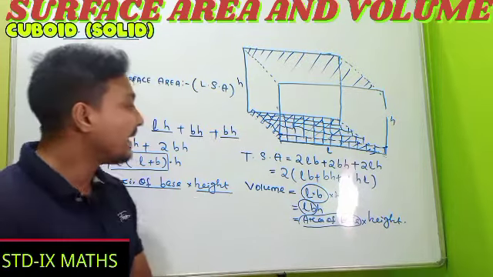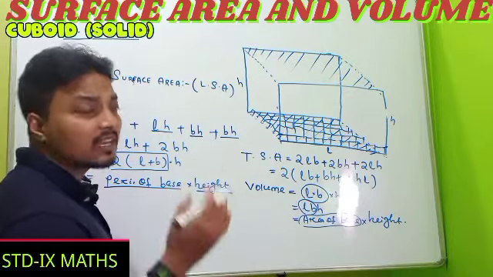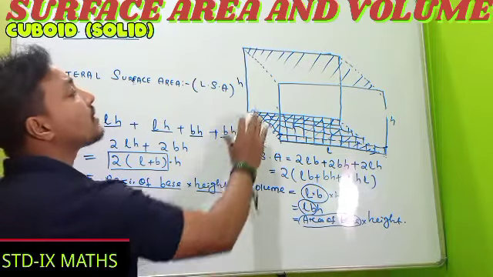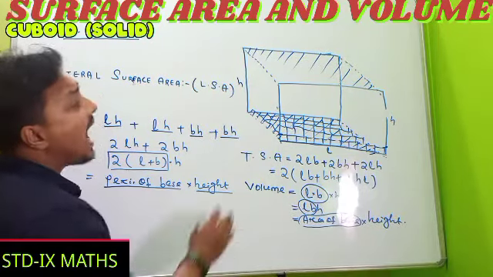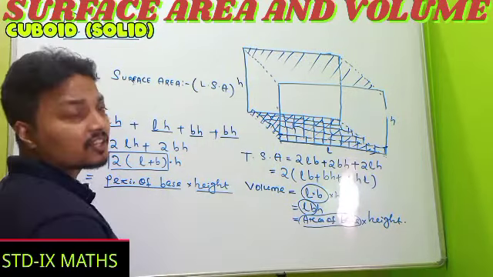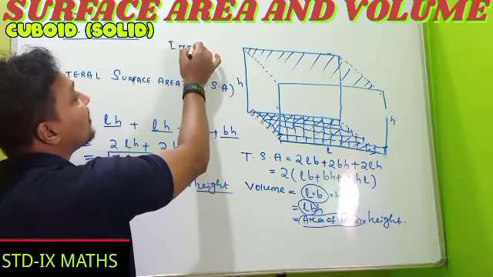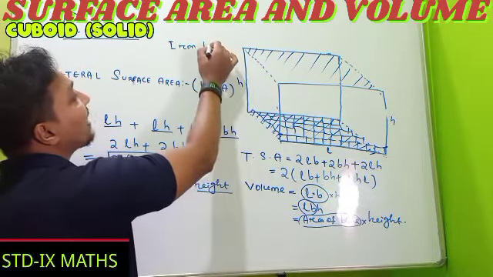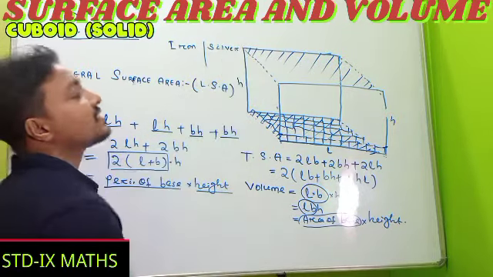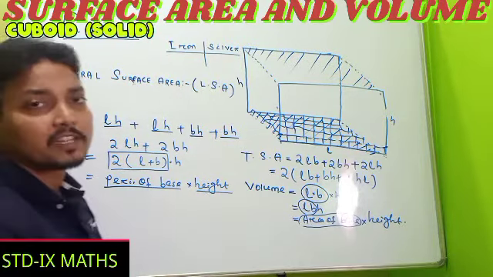And regarding the volume, I am saying one important thing you just have to remember. Listen, volume will be useful. Suppose this one is an iron cuboidal structure, and another one, suppose, is a silver cuboidal structure. Iron cuboidal structure, another one our silver cuboidal structure.